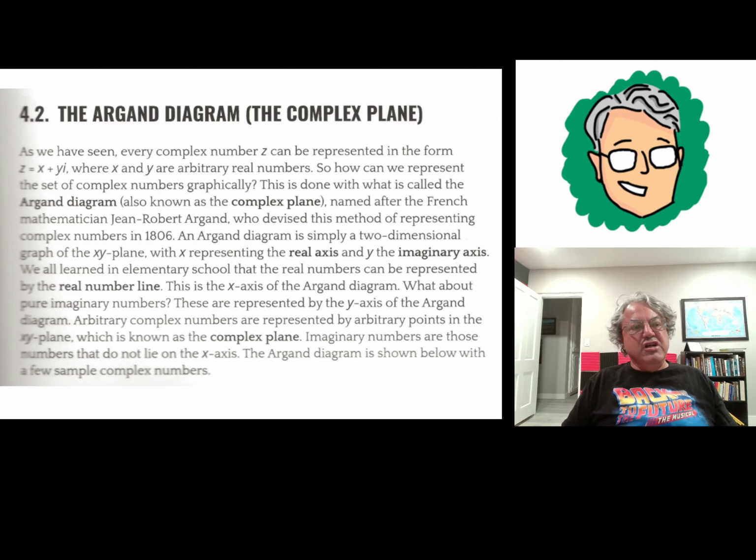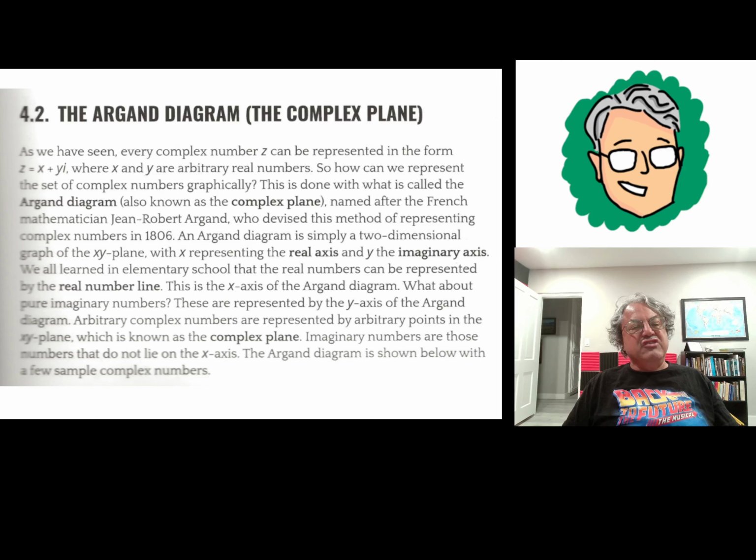I introduced the imaginary unit i, which is the square root of -1. And I also mentioned that we have these numbers called complex numbers, which are numbers of the form x plus yi, where x and y are real numbers. And you can think of them as vectors in two dimensions. Another way to say that is that they belong to what's called the complex plane, which was originally called